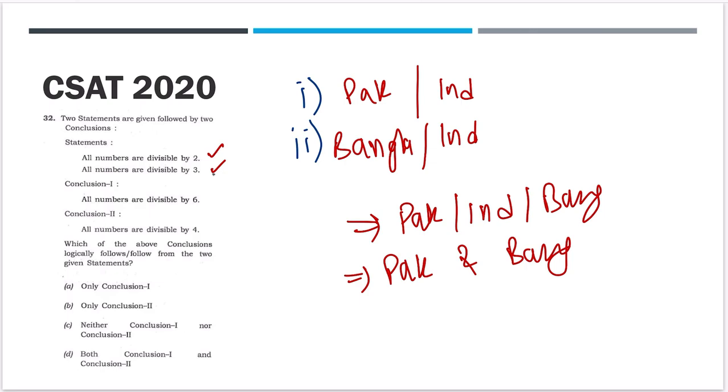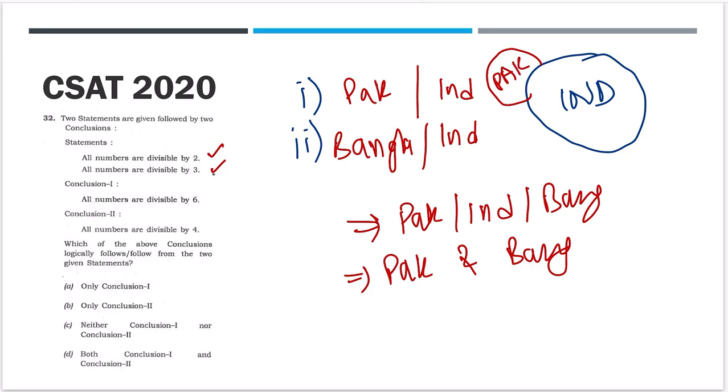Suppose I don't know the map. This is India. I don't know where Pakistan is, where Bangladesh is. But I only know they have told me that Pakistan is here, right? And they told me that India and Bangladesh also share a boundary. Let me make Bangladesh a neighboring country of Pakistan and a neighboring country of India. Don't think about the original map of India. Just think this is how the situation looks, right?